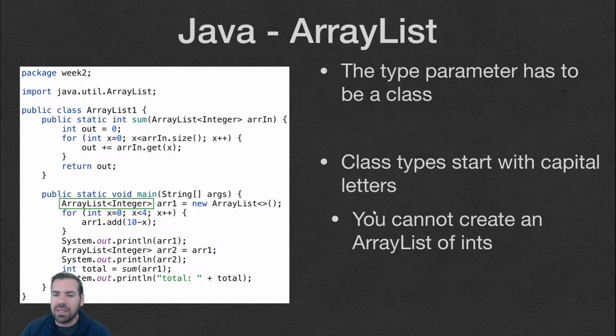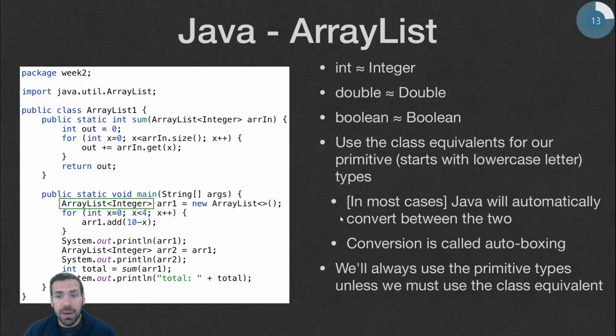So the reason we're talking about this right now is that your type parameters cannot be primitives. They have to be class types. So what happens when we want an ArrayList of ints? Well, we can't do it because int's a primitive, but Java does give us an option here. Java gives us class types that match the primitive types. So there is a capital I Integer class that behaves just like, for the most part, just like an int,